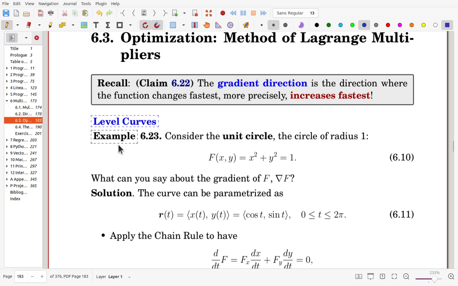See this example. Consider the unit circle, the circle of radius 1, and the equation is given this way: x squared plus y squared is 1 squared. We name this portion f of x, y. What can we say about the gradient of f? To answer the question,